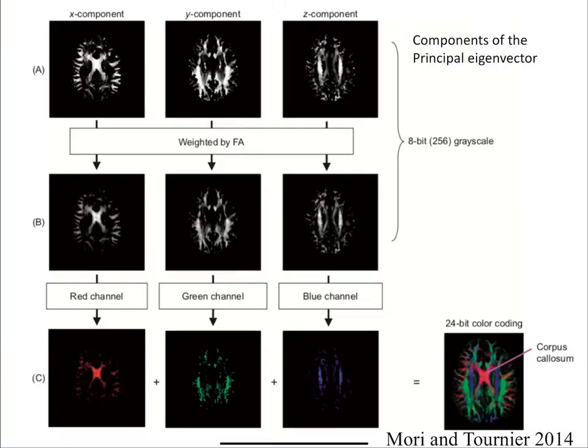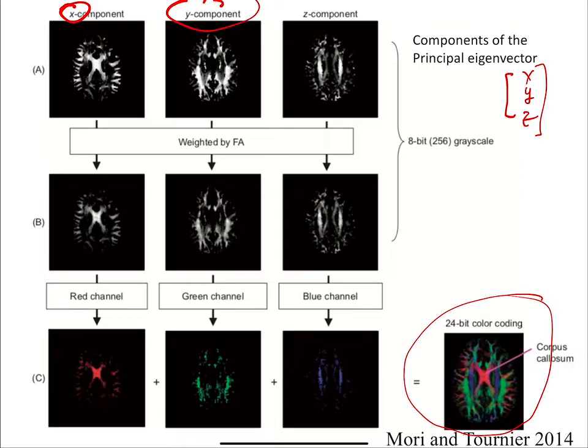So this is one of the more common ways of displaying this. This is what FSL will do for you, and you're going to end up with this colored map here. So we're going to just walk through what that color map means. Okay, so for every voxel, there's going to be an X, Y, Z component of the first principal eigenvector. So on one map, it's going to take the X component, and this is where there's a lot of X component in the diffusion. There's a Y component, so this represents diffusion going up and down, and there's a Z component. So you literally, for every voxel, just take that vector and plot its X, Y, and Z components